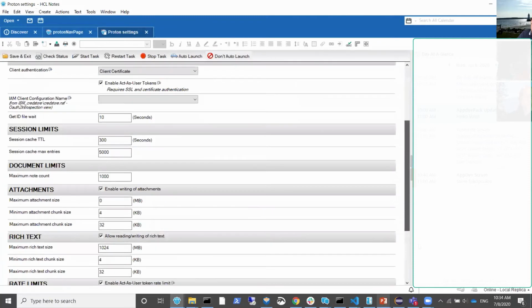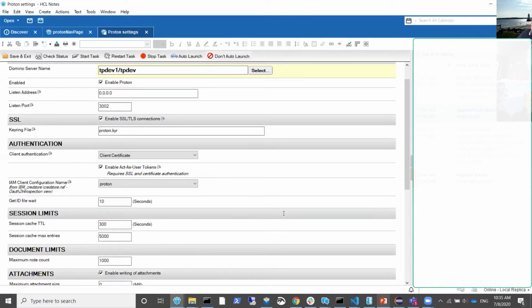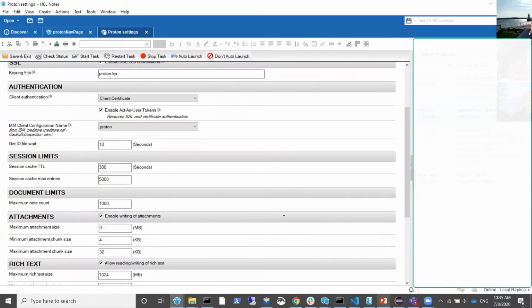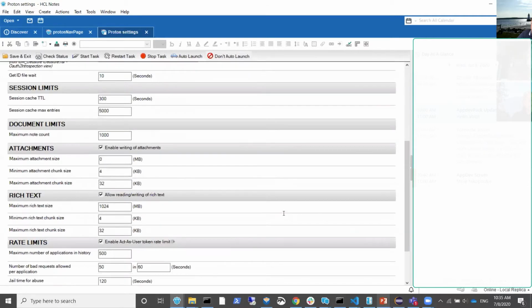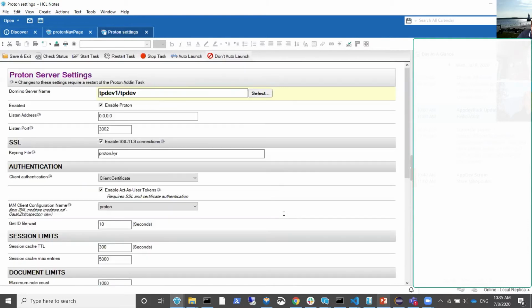Another nice thing it does is, for the introspection credentials, it actually goes out to the credential store and lists through them, and it'll just let you pick which one you want. Which is another nice thing. It keeps people from typing the wrong thing. And like I said, all the settings that you have in Notes.ini are now here. And if I save,